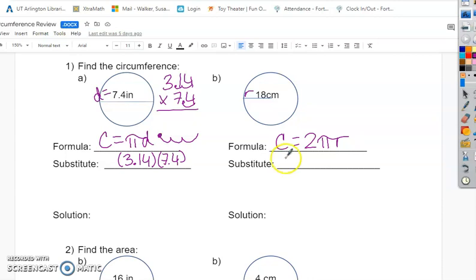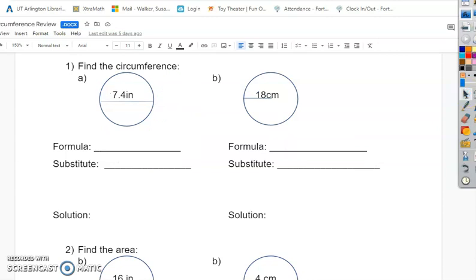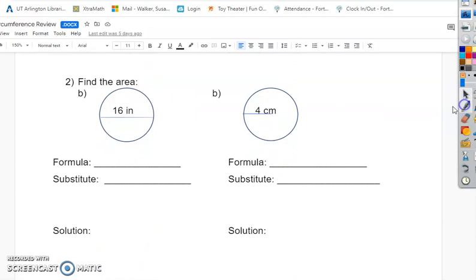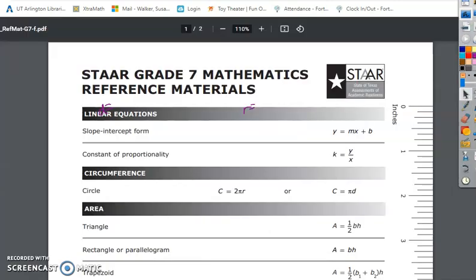Okay? So on the next one, 2 times pi, 3.14 times 18. I don't care what order you multiply it in, just get it multiplied. Okay? When we get to area, it's a little different where there's one formula. Okay? So this one is D for diameter. This one is R for radius. And I have to use